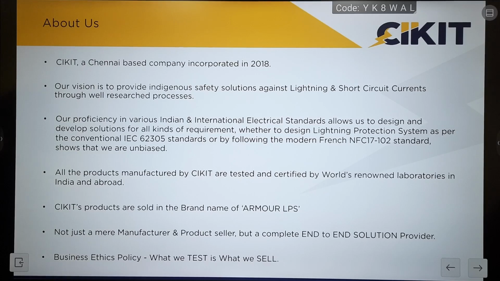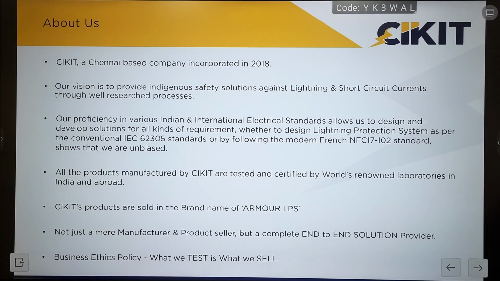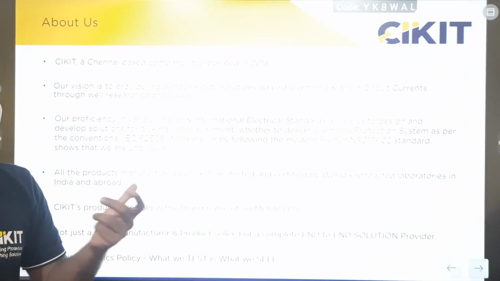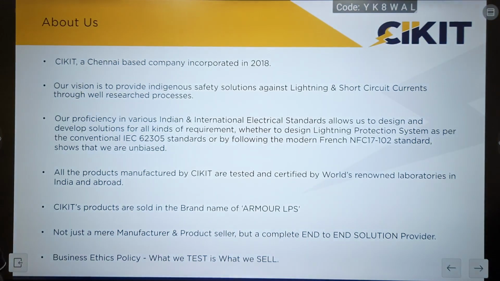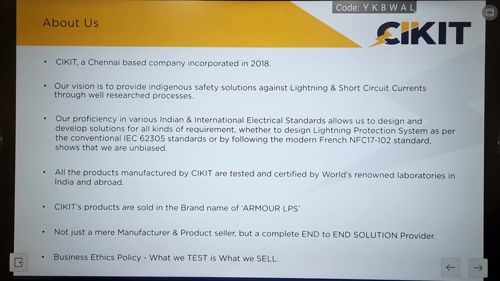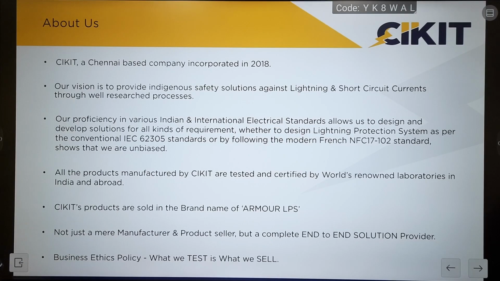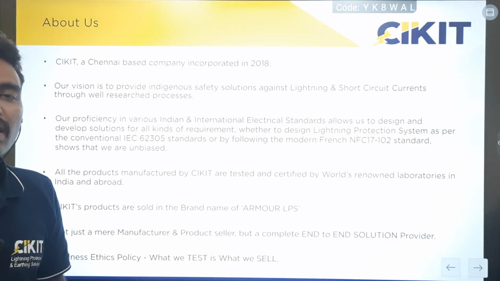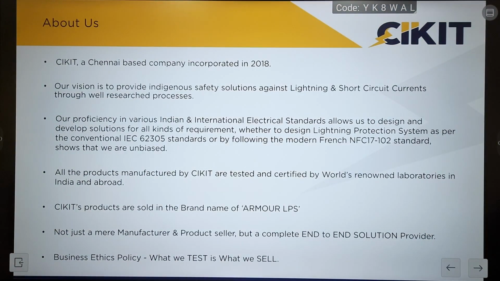And we are providing end-to-end solutions, starting from the site survey, measuring the soil resistivity under the particular site conditions, and designing the earthing, like the number of earth electrodes required for one site, the minimum cross-sectional area of earth electrode required for those particular sites, and the materials that can be used. If you take the material of earthing, we cannot go for the same material in all soil conditions, because the soil will be different in different areas, and based on the soil condition, the corrosion will also be different. So based on the soil resistivity and the corrosion in that particular environment, we select